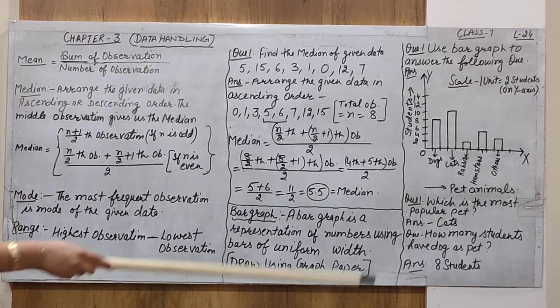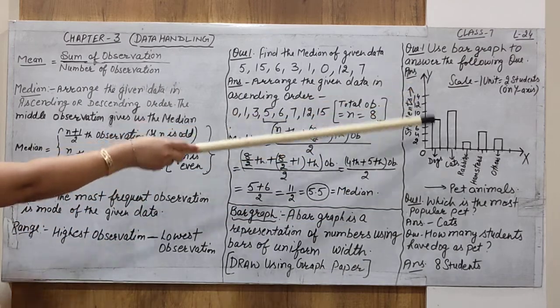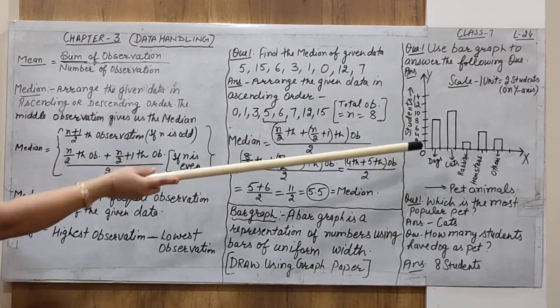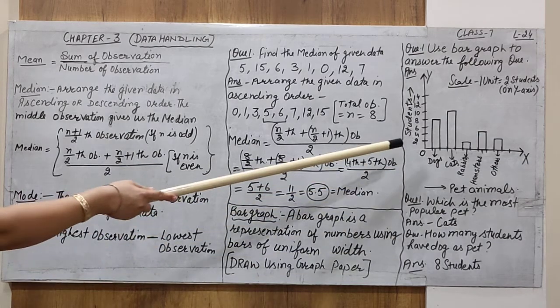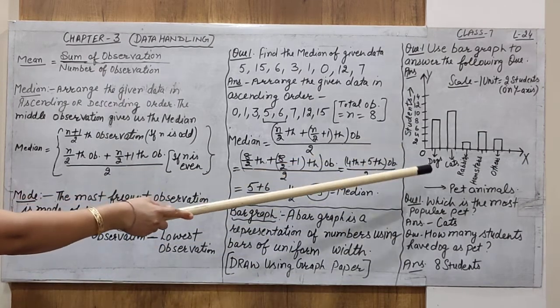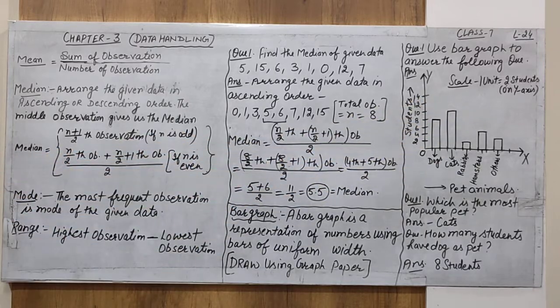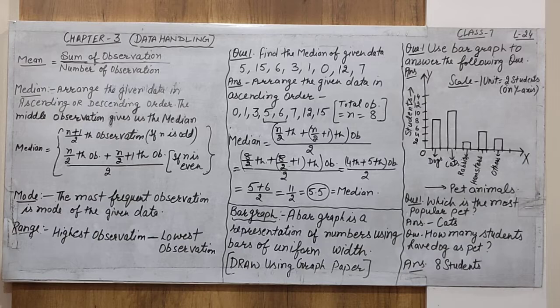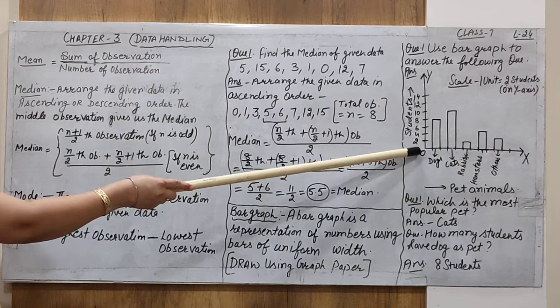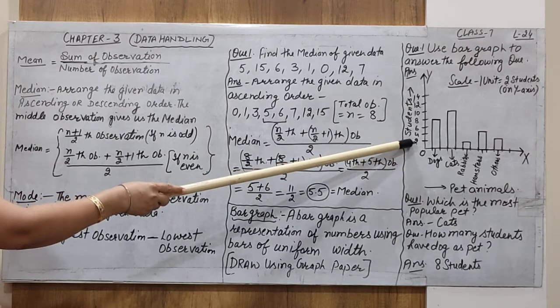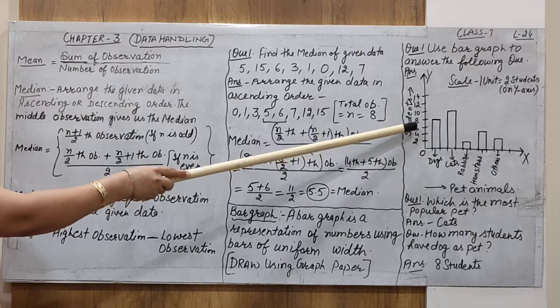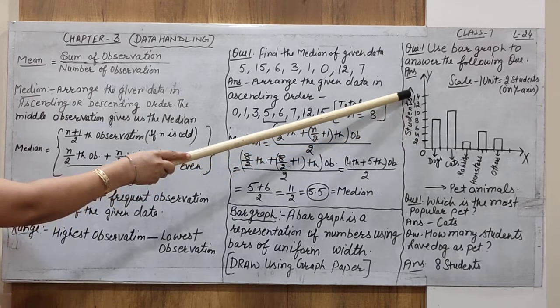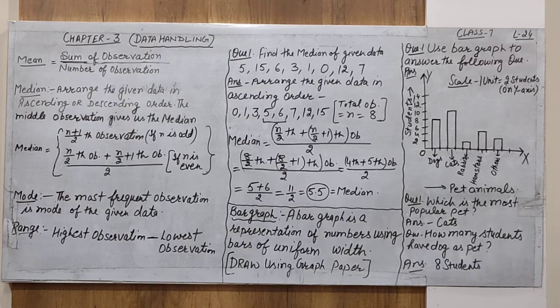And we have to write the 2 or the 4. What are these? Are these fruits or vegetables, or what? We have to write here that these are the students. So as I write in the scale, 1 unit is equal to 2 students on the y-axis. You must write on which axis the scale is given. The scale is used where the numbers are used. Starting from 0, after 1 unit 2 students, after the next unit 4 students, 6 students, 8, 10, 12, up to 14 students we have selected.